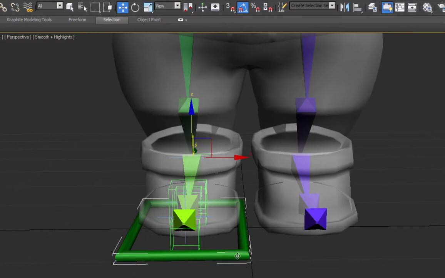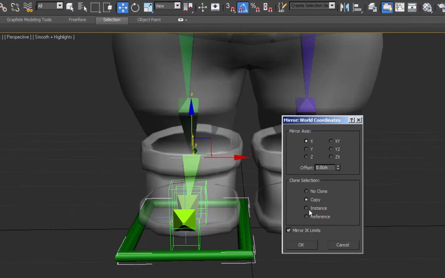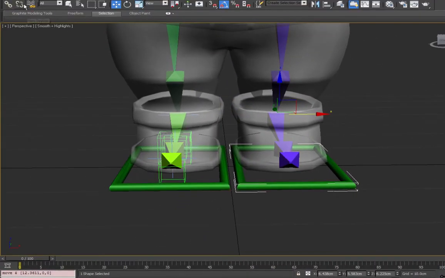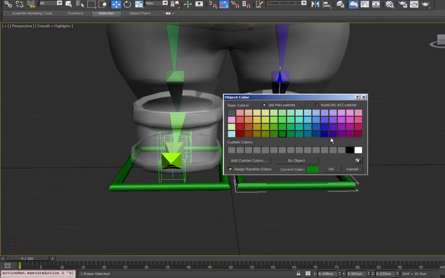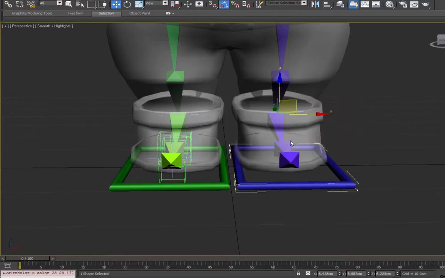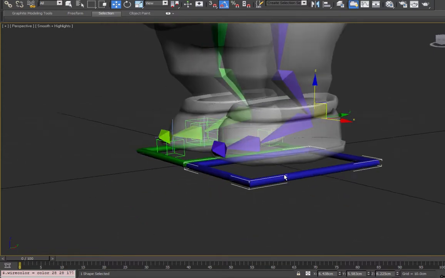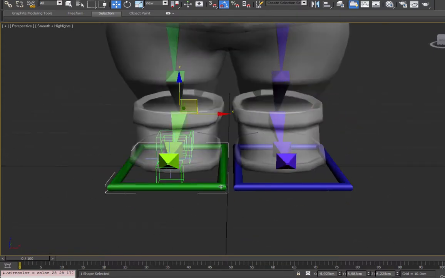Let's just grab this shape here and create a mirror copy, copy out an instance, and click OK. And make sure it's not linked to anything, so I'll select unlink. Change this one to like a bluish color. And once I get the point helpers on this side, I'll just align it the same way I did for the other one. Actually, what I could do is just copy this value into here